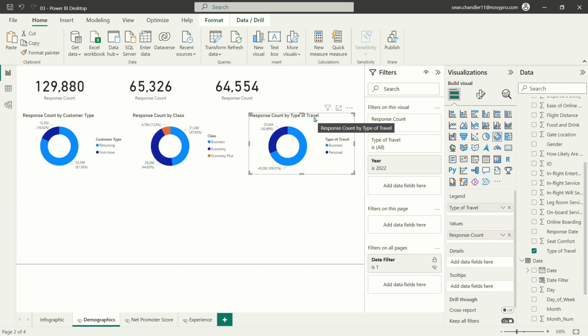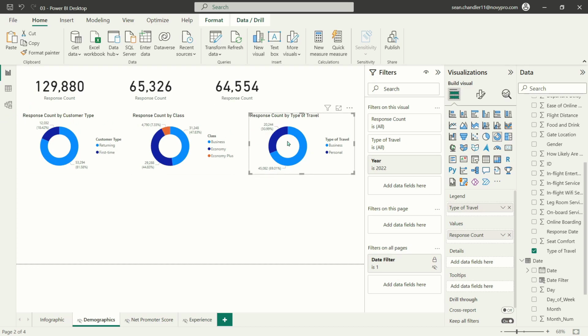Now, once again, this is a fake data set. Everything is randomized. Don't think too hard or read too much into any insights that you see in these particular visuals, because this is just a demonstration data set that I downloaded from some website and then manipulated to serve my needs. This is not real data. But I digress. At least we can see a breakdown of the different passengers who were responding to this survey